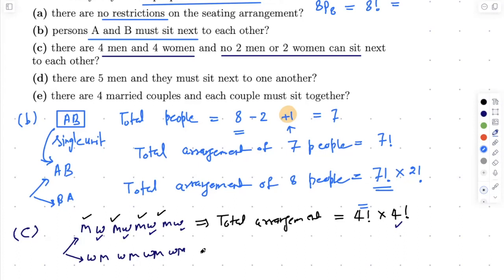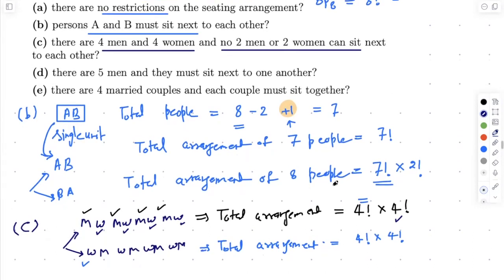Similarly, we can talk about the total arrangement for the second case. Total arrangements are going to be: first arrange the women, then arrange the men. These are the only two possibilities. So total arrangements are going to be